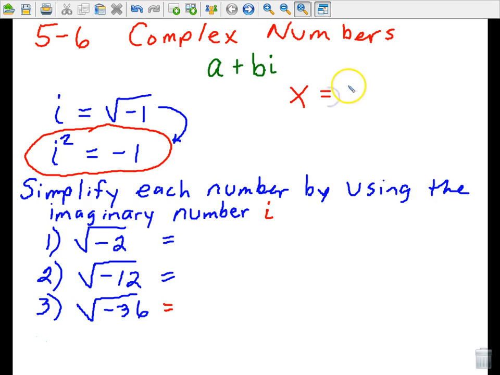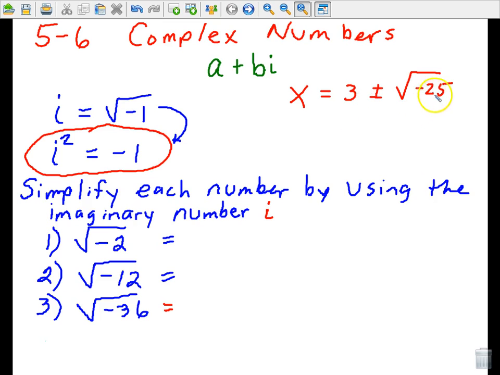You don't have to write this down if you'll just observe. I'm just going to throw up a random answer here. We might solve a quadratic equation that ends up like this, where we're asked to find the square root of a negative number. And in the real number system, you probably learned in Algebra 1 that is not possible because there is no real number that you could multiply by itself to get negative 25. So in Algebra 1, your teacher probably said something like, well, that would be undefined in the real number system,